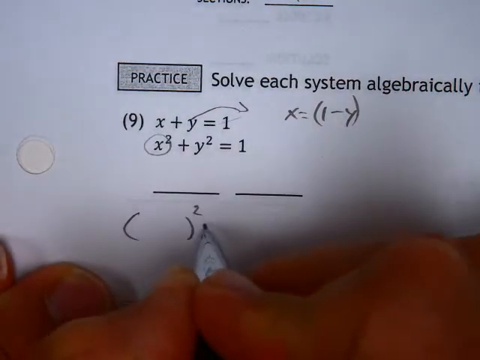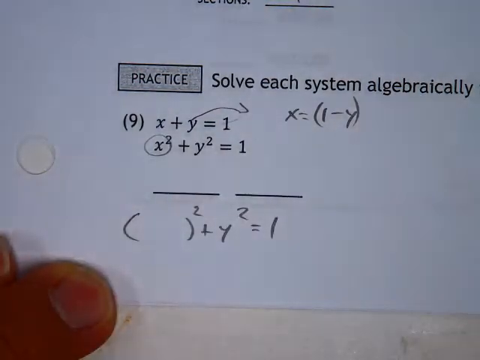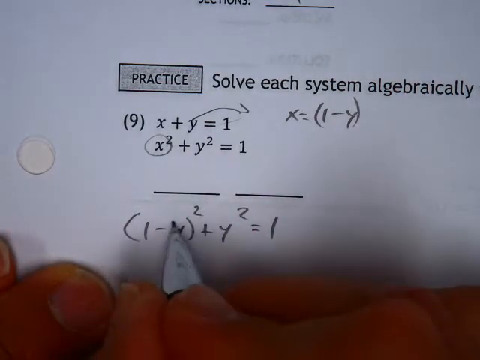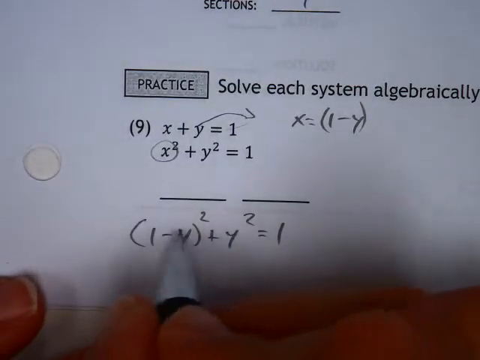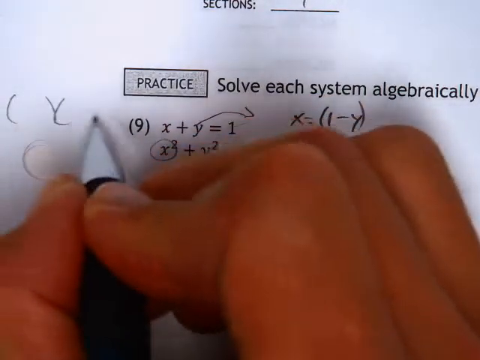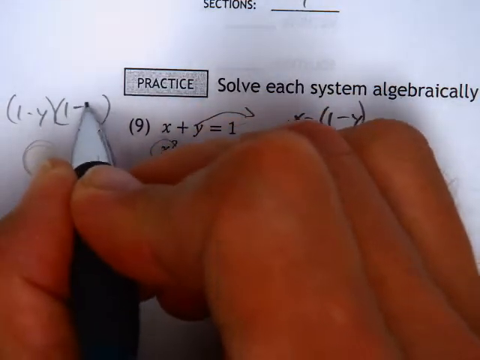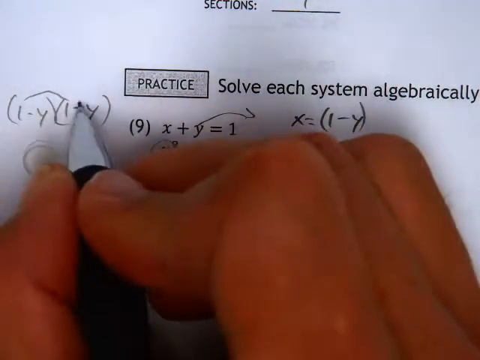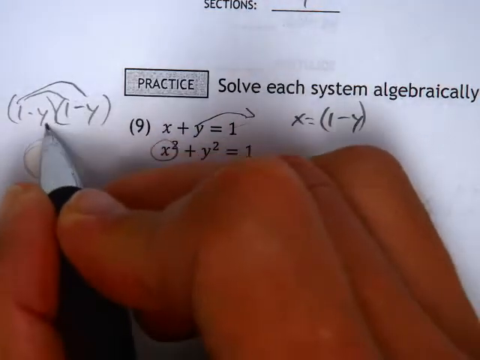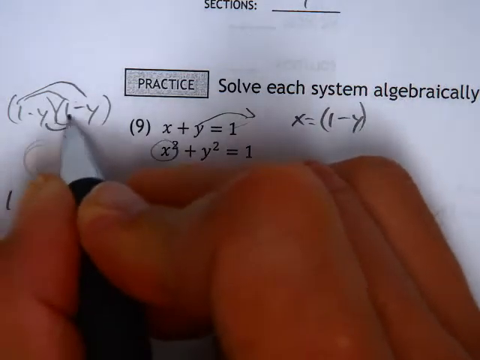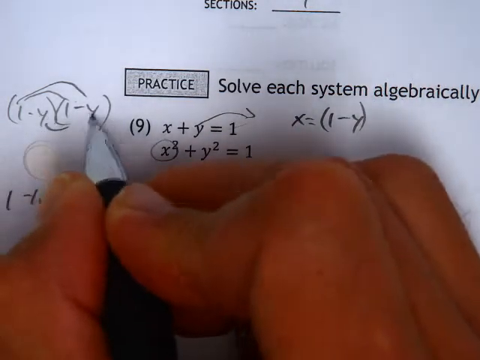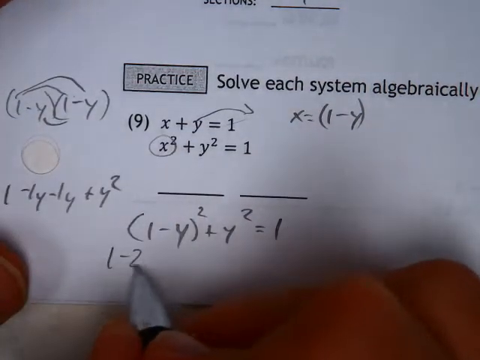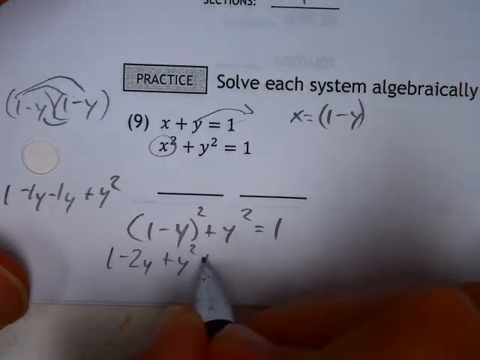So if I plug that in, I've got my y squared equals 1, that x is going to be 1 minus y, and I've got to go through the squaring process. Now that's a FOIL. So please be aware that when you FOIL 1 minus y and 1 minus y, you're going to get 3 terms. Well, you have 4, and they'll simplify. 1 times 1 is 1. You got an outer and inner that's a minus 1y and another minus 1y. But a negative times a negative is going to give you a plus y squared. So I have 1 minus 2y plus y squared